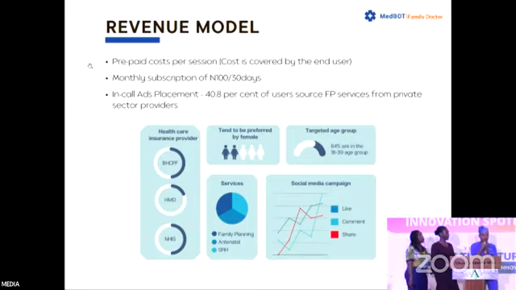So what is our revenue model? Because we understand that these have to be sustainable, we'll be charging, for instance, 3 Naira per SMS in a month, which is 90 Naira, and 10 Naira will be left from the charge for our profit, meaning that we'll be charging 100 Naira per month for the use of this solution, because we understand our targeted audience, they are not the very, very rich class.